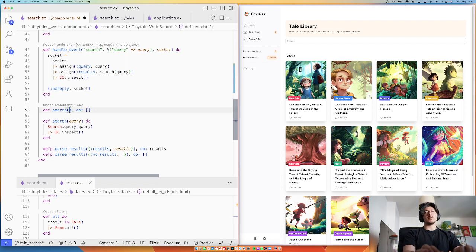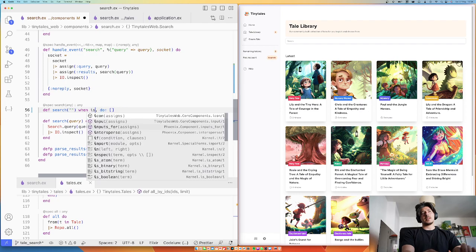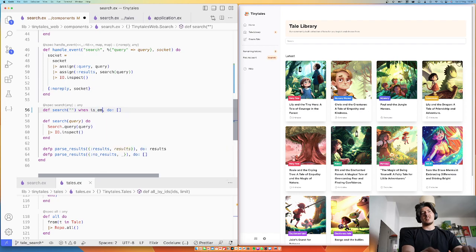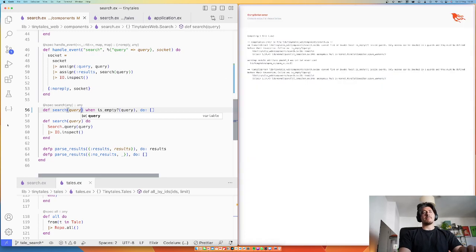Instead of this, what I want to do is query. Actually, no, I still want to handle empty string like that, but I still also want to handle. Oh, I could write a custom guard clause so that when is. Oh, is there an is empty for string? Well, let's try that. I don't think there is. Yeah, that's not a thing. But what I can do is just